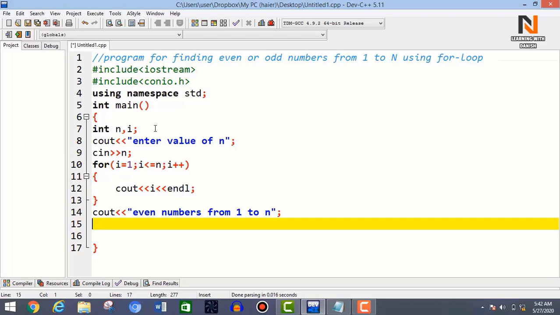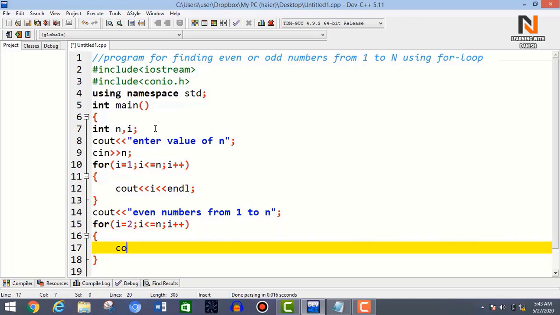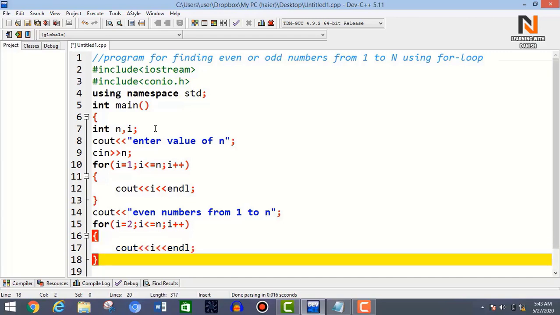Now here you insert for loop because even numbers start from 2, so here you write i is equal to 2 initialization and in the condition i less than or equal to n semicolon and then i plus 2, and in the curly brackets you will write cout i insertion operator and then endl semicolon. Here it will display all even numbers.